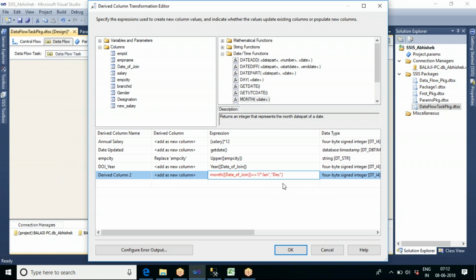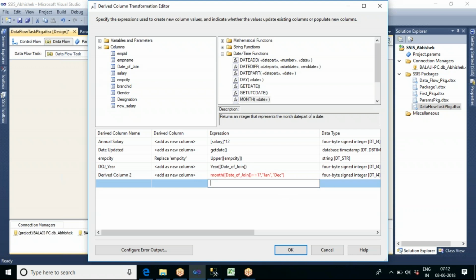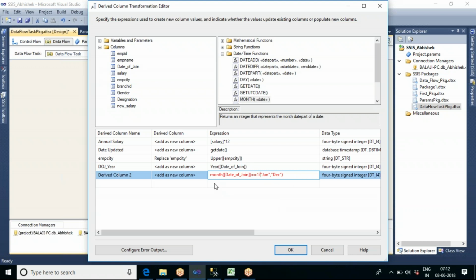I don't think so. It's like a condition, and after that writing this question mark, then go for January. So here you can see up to this it is case.